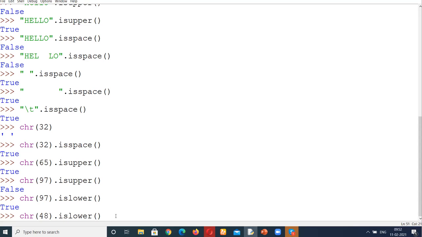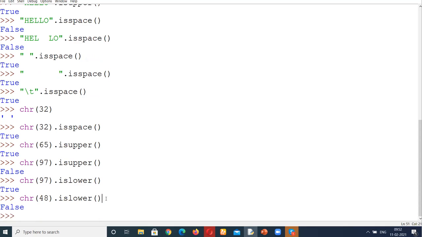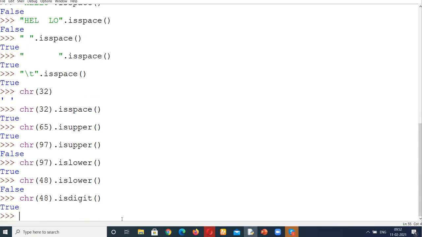It means it is for 0. With isupper, 0 means false. But if you check the same thing with isdigit, you will get true as the answer, because it is 0. So this much is not given in your book, but still, if this is the question, you must know that ultimately what we are doing is finding the character value of that particular ASCII code or Unicode.